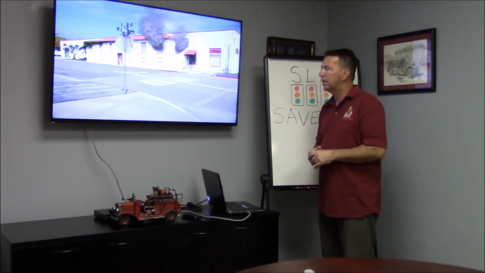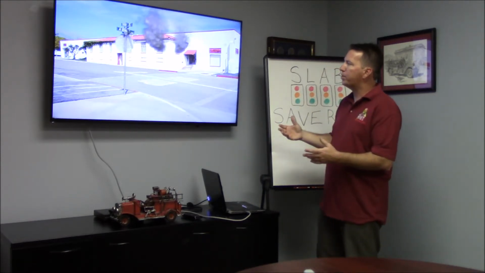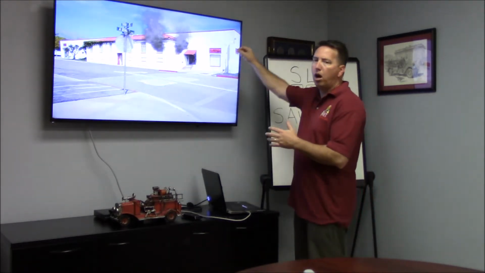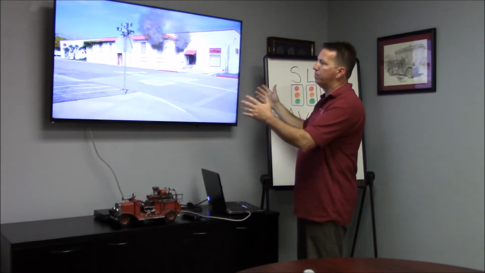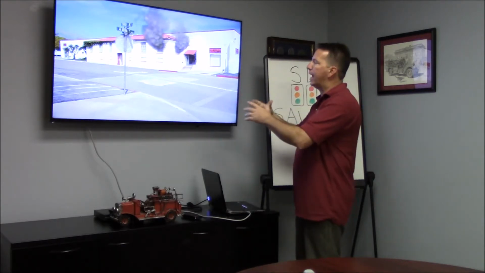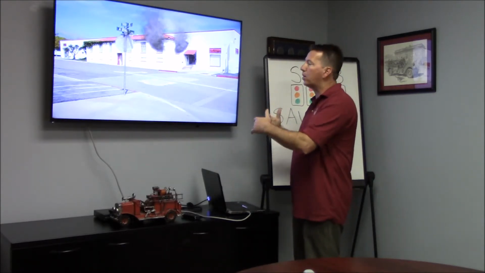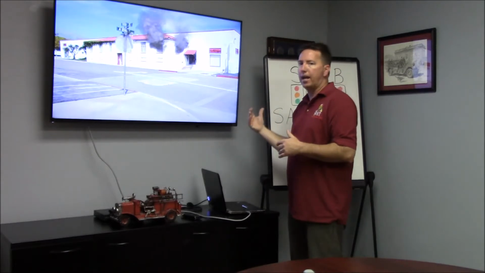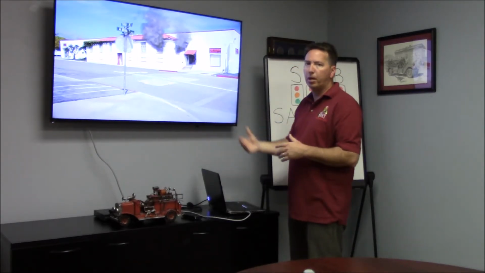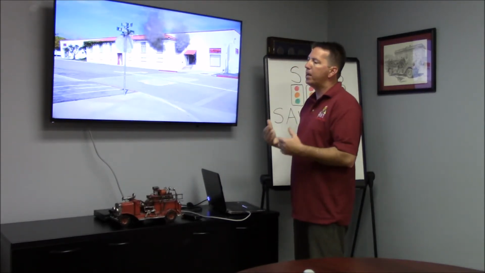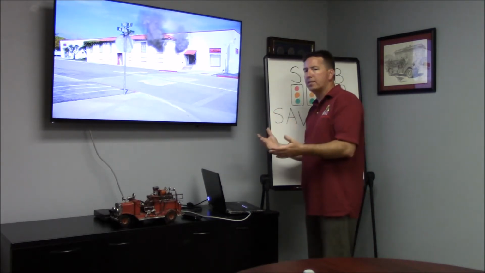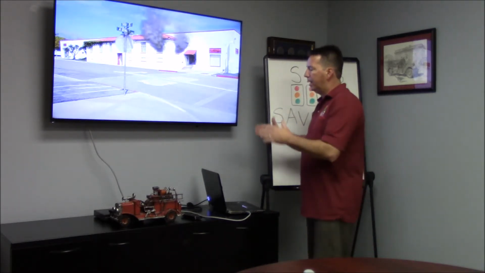Your pre-plan should also be more than just a big box drawn on there as far as the layout of the building, where the electrical is and the gas and where the entrances and exits are. But what does it look like inside? Is there a conveyor belt? Are there aisles? I want to make sure that if I'm utilizing that pre-plan to run my incident,